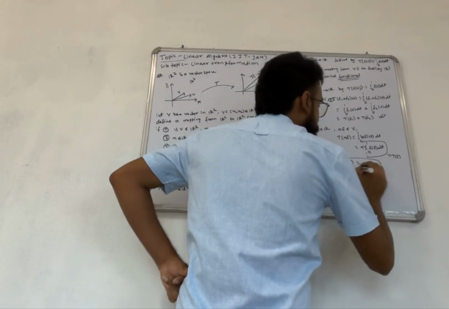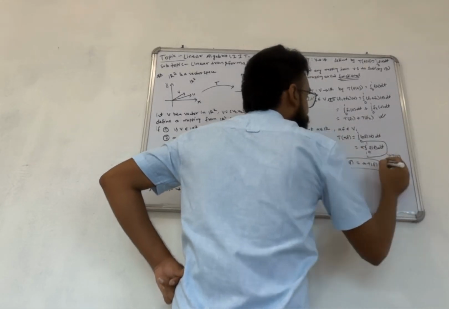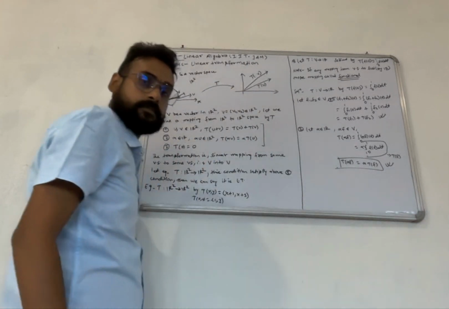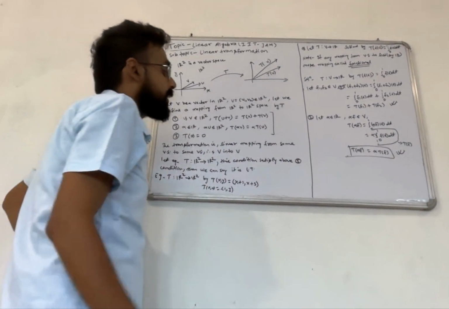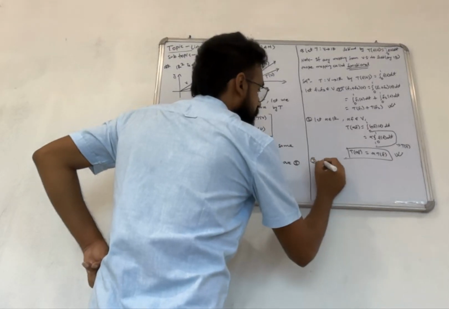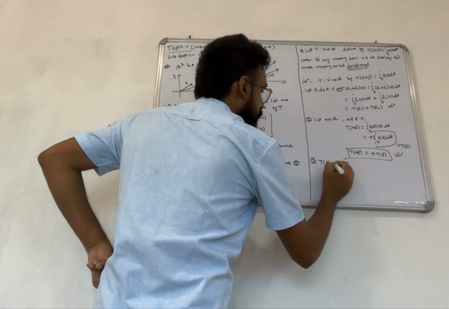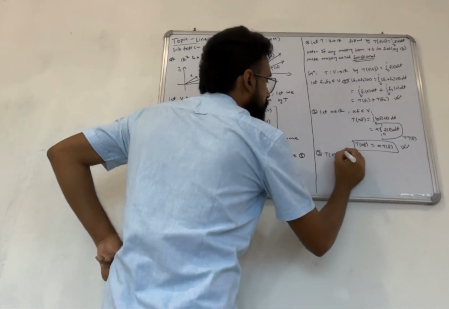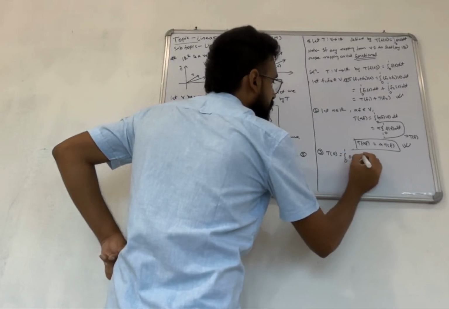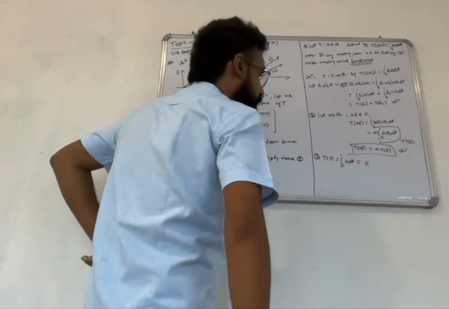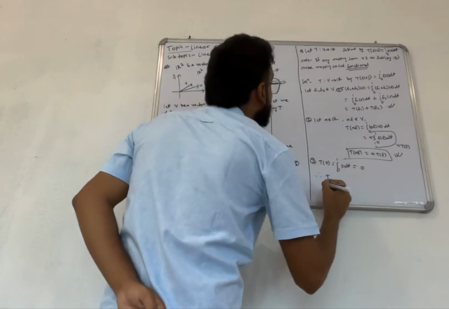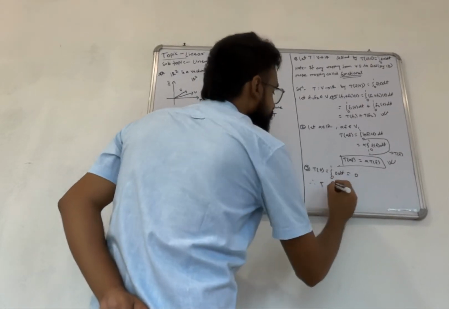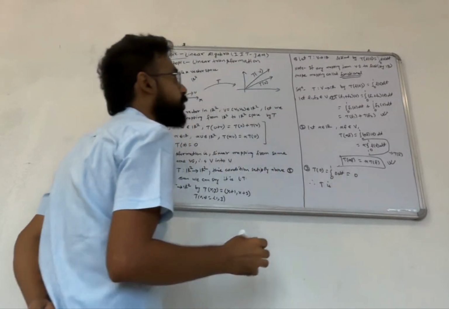Okay, the second property is also satisfied. And the third property: T of 0 is the integral from 0 to 1 of 0 dt, which equals 0. Therefore the mapping T is a linear transformation,